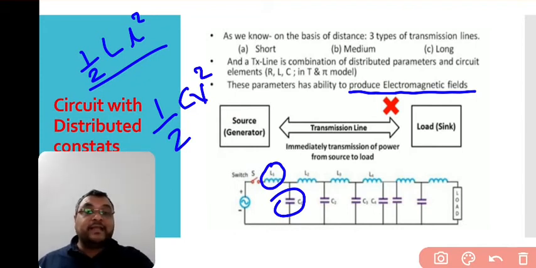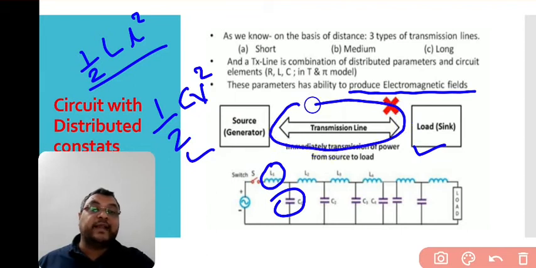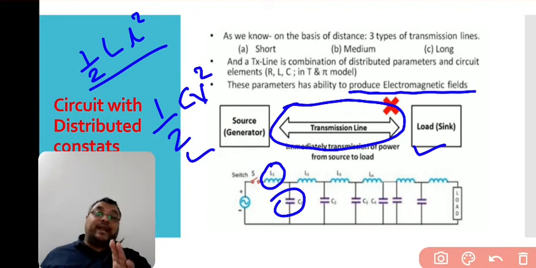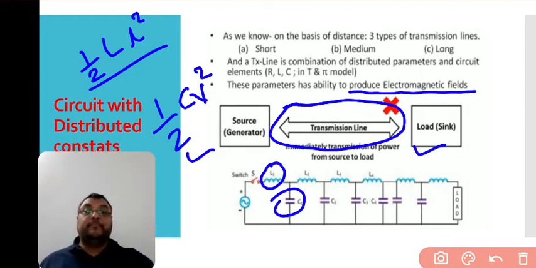We can see over here there is the generation side and the load side, and we consider that this is the transmission line. As per our discussion, when a source tries to transmit power towards the load, it does not reach the load side instantaneously because of that inherent property of inductance and capacitance. How and why, we already discussed, that it does not reach the load instantaneously.